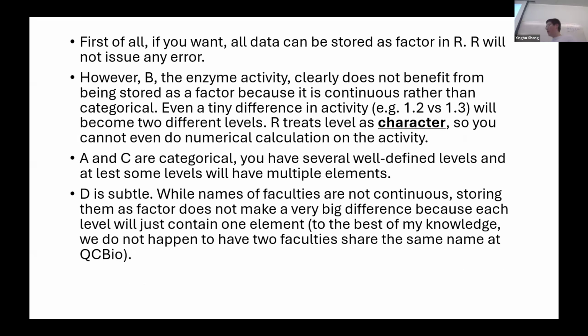Okay, so A and C are clearly categorical, and we expect there to be multiple entities for at least some of the categories. So it makes lots of sense for you to group them as a factor. D is a little bit subtle because, to the best of my knowledge, we don't have twin brothers in our QC bio program. No faculty have the same name. If you want, you can, but again, it's a case where it doesn't do harm, it doesn't do good,